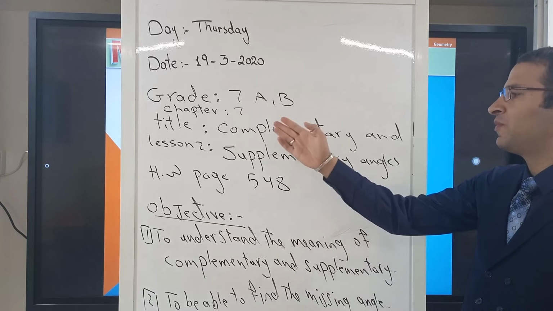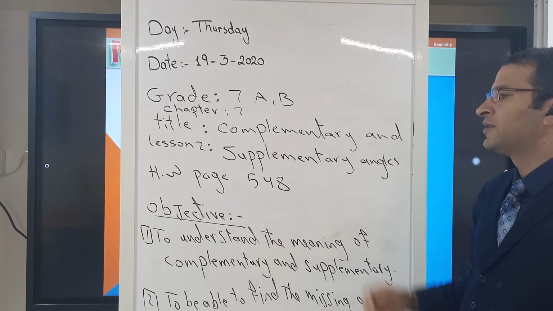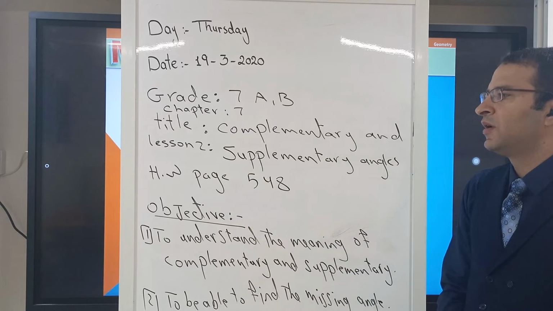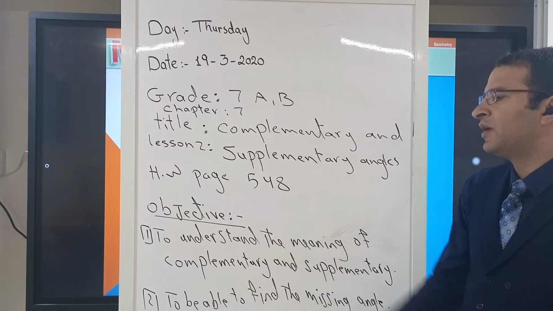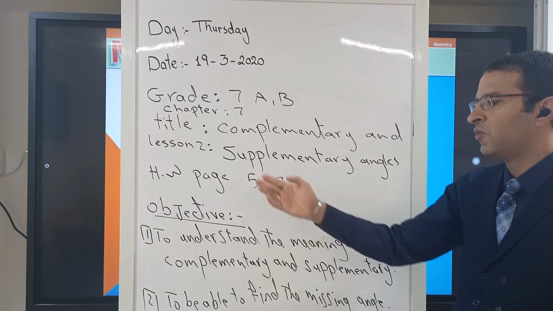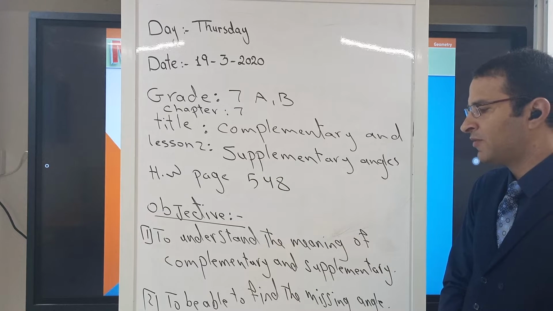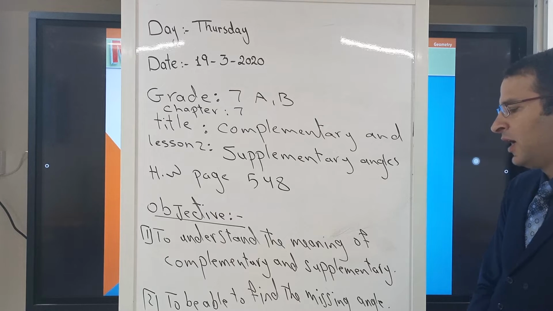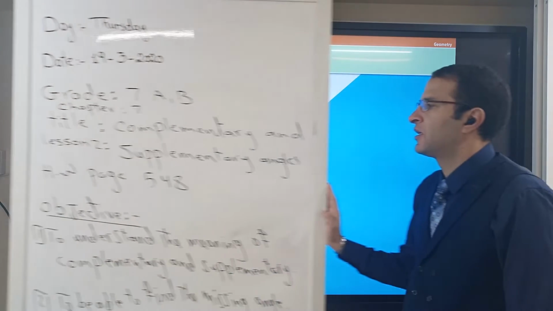Today, our lesson will be the complementary and the supplementary angles. This is lesson number 2 in chapter 7. Our homework today will be page number 548. So, our objective today, we need to understand the meaning of the complementary and the supplementary angles, and we need to be able to find the